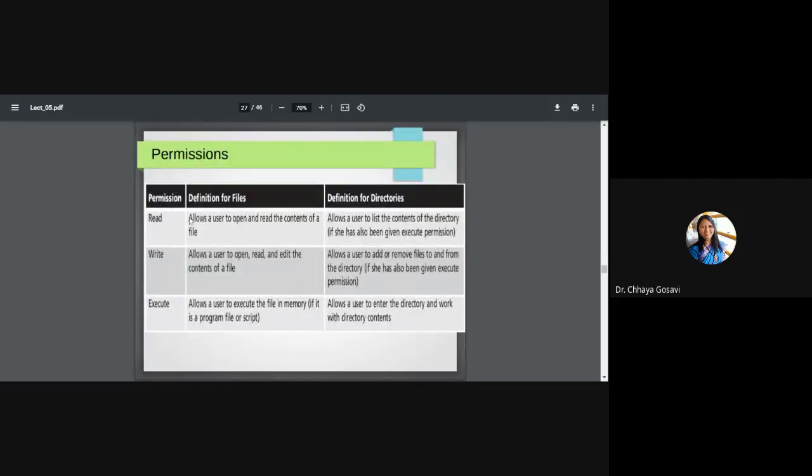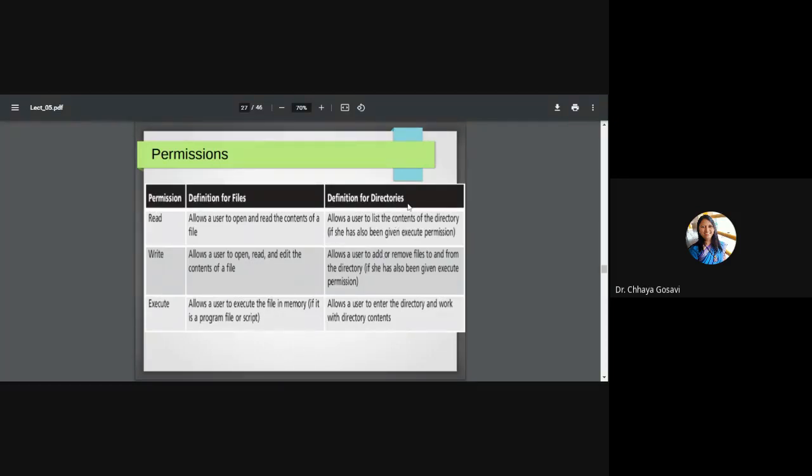You go through this. What is the meaning of read for a file and for a directory? Read for a file allows you to open and read contents, and for a directory it allows you to list contents of the directory. You can just list. You will understand which file is in the directory, but you are not allowed to open that particular file. In case of write, you can edit the contents, you can add or delete the contents of a file.